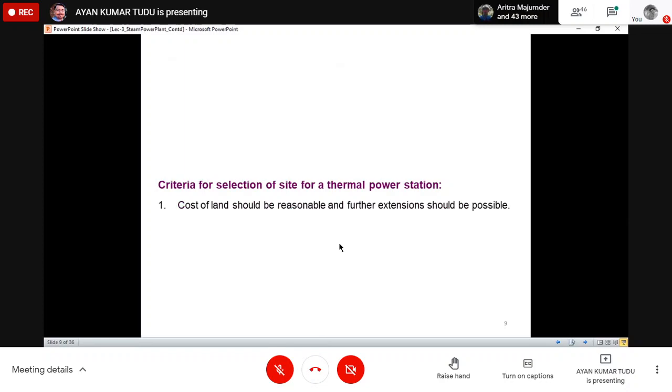Further extension should be possible মানে সাপোজ আমি একটা নতুন ইউনিট তৈরি করতে চাইছি। ওকে, সাপোজ আমার টোটাল জেনারেটিং ক্যাপাসিটি ছিল 1000 মেগাওয়াট, আমি ওটাকে 1200 মেগাওয়াট করতে চাইছি। তার মানে আমি আরো একটা 200 মেগাওয়াট ইউনিট আমি তৈরি করতে চাইছি। We want to increase from 1000 megawatt to 1200 megawatt, and for that reason we want to construct a 200 megawatt.